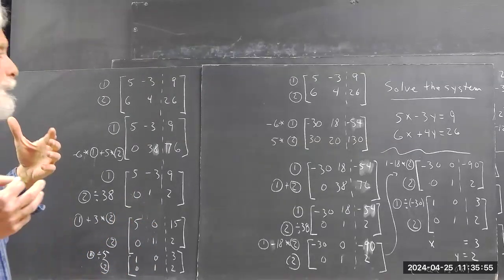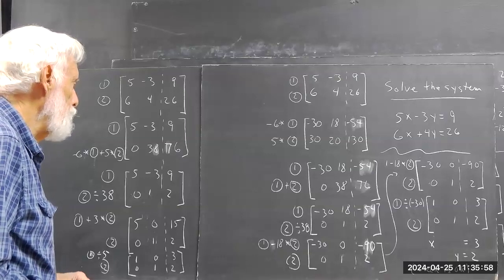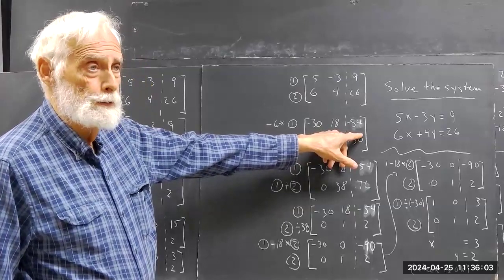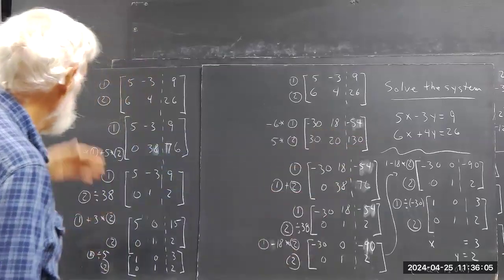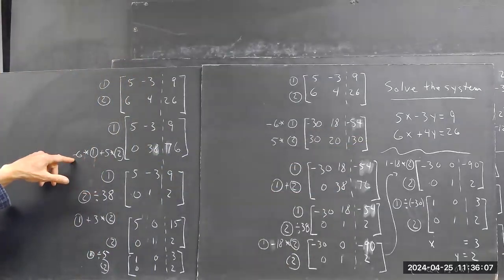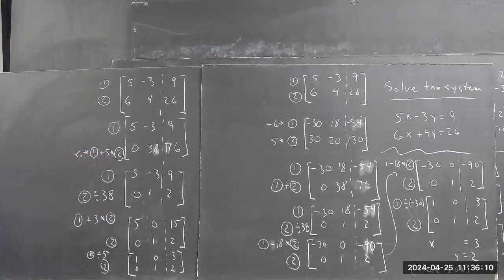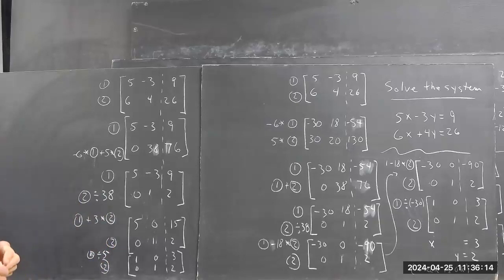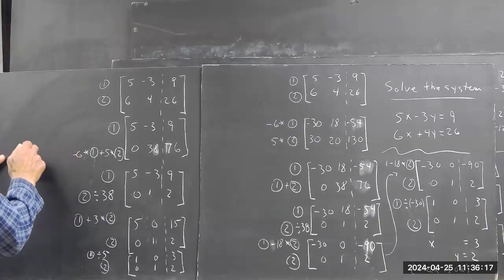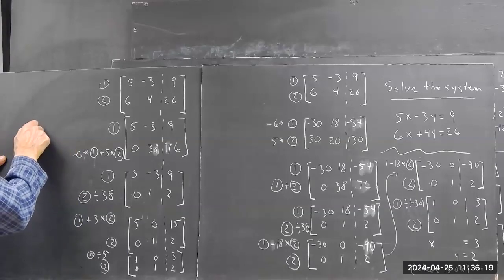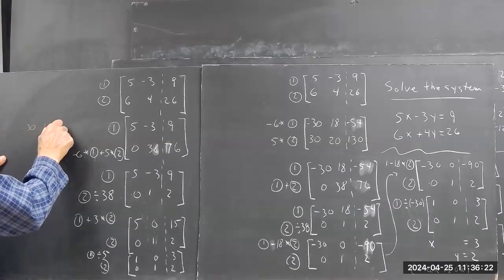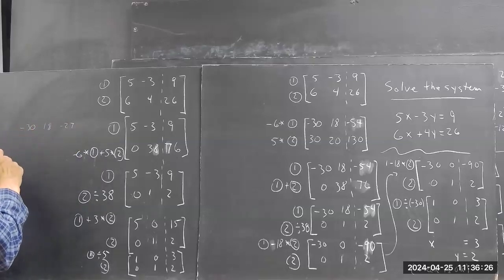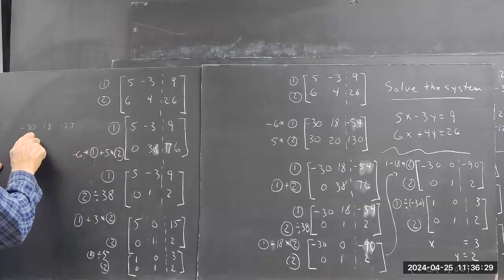Okay. The difference is that we never actually multiplied 6 by row 1 and wrote it out as a row. We just incorporated it by doing -6 times row 1 plus 5 times row 2. Now we could have written that off to the side. So this calculation, -6 times row 1 would be -30, 18, -27. And 5 times row 2 would have been